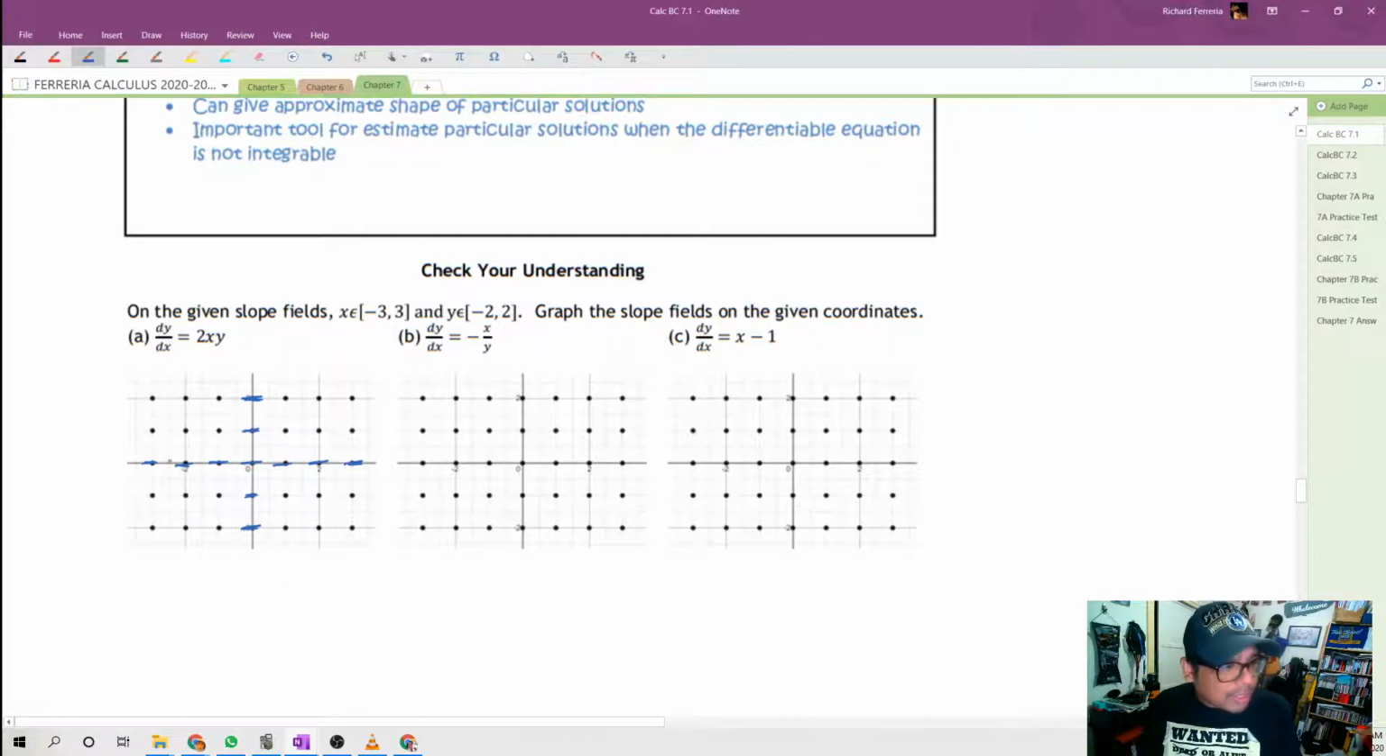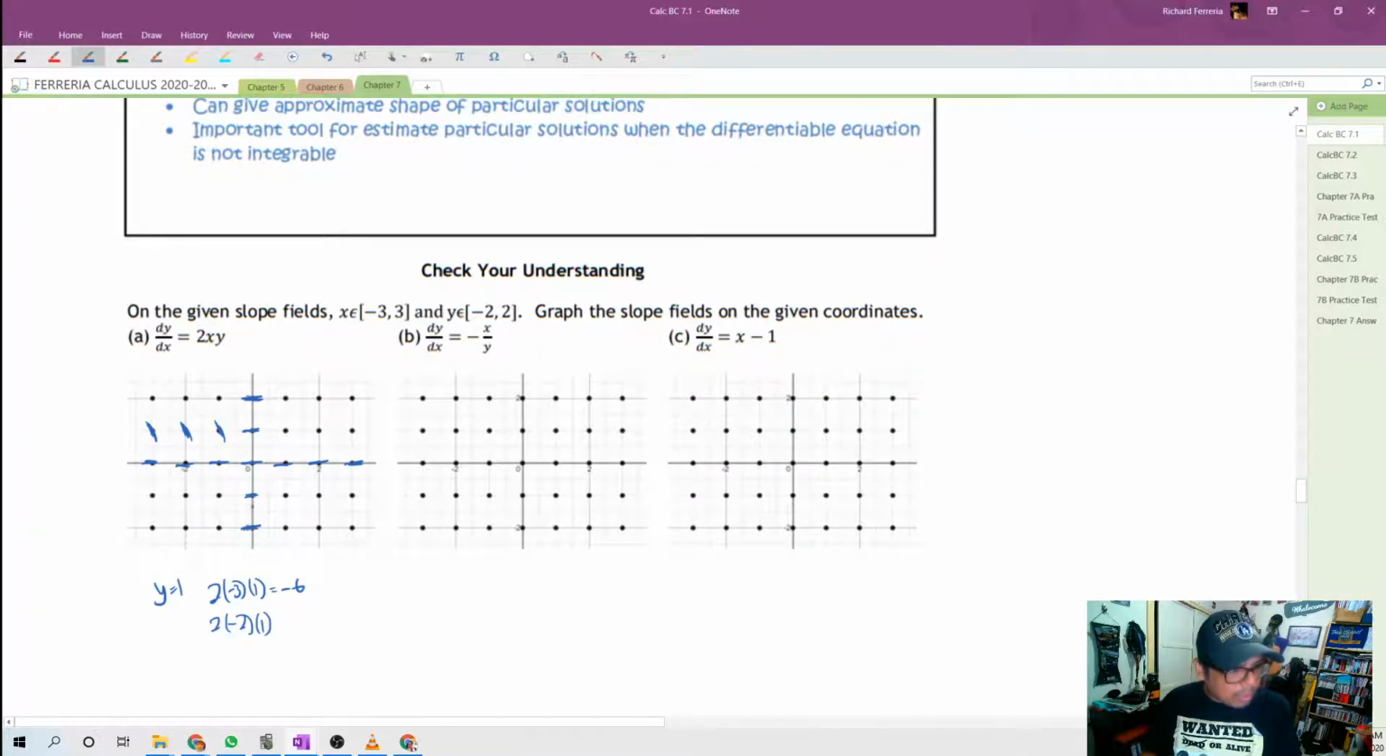Let's see. Let's go across where the y-coordinate is 1. So if the y-coordinate is 1, then we got 2 times -3 times 1. That is -6. So let's just draw a very negative slope here. Let's do 2 times -2 times 1. Well, that's the slope of -4. This one gives me an opportunity to do a little bit more aiming. This should be a slope of -2,